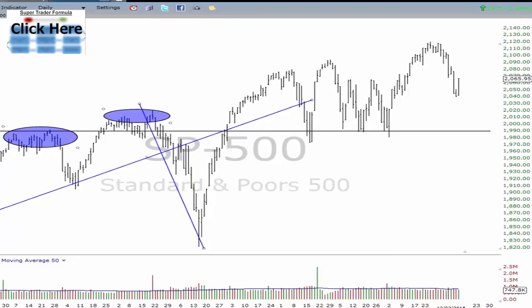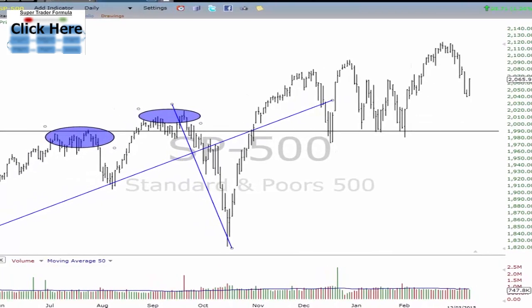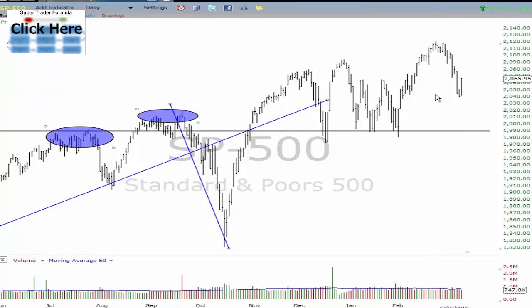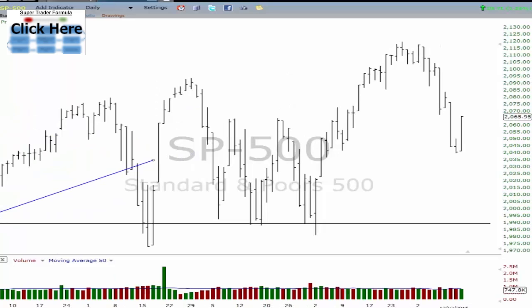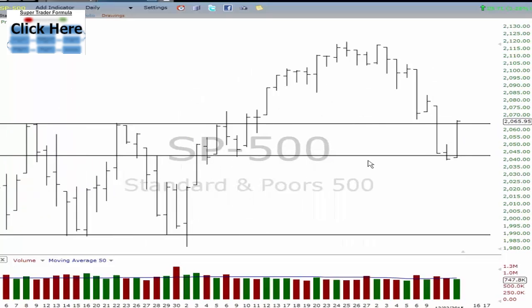What's up, traders? In this video, I am going to be sharing with you the S&P 500, showing you what's happening through there and what's going on right now. Now, yesterday I did a video showing you that these two levels through here, this level through here, and then we also had this level through here. You can see that